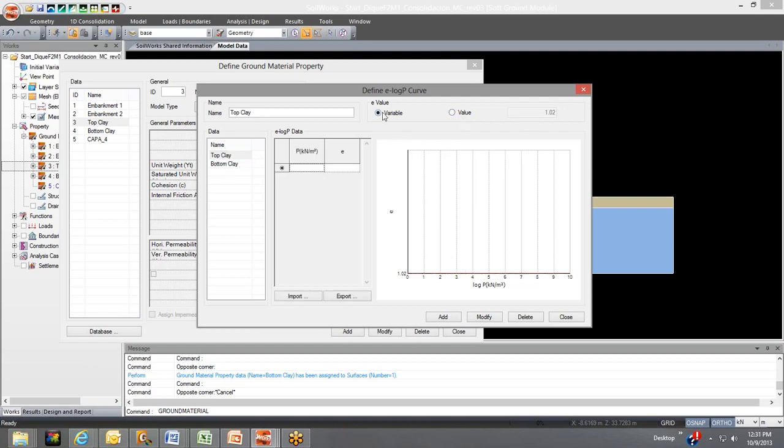And then also if you have a variable value, what you can do is create a chart here. For example, you can model how it changes with respect to E here. I won't go into too much detail about this either, but it's another important thing to keep in mind. And if you want more detail on this, just press F1